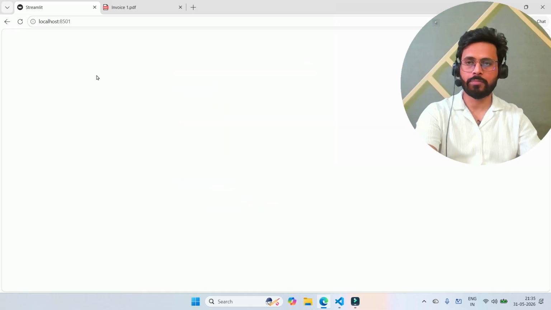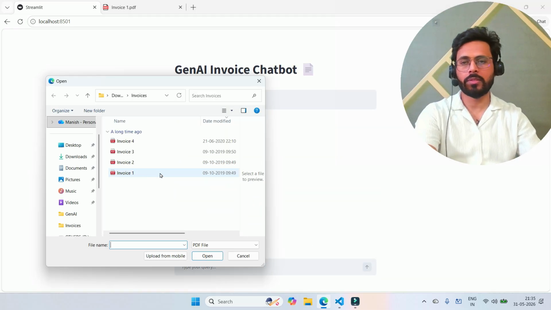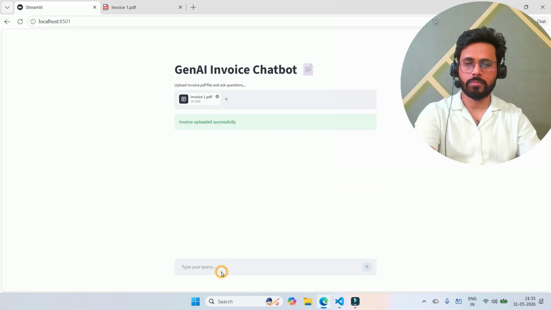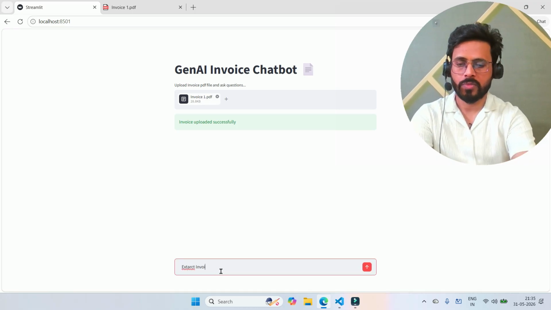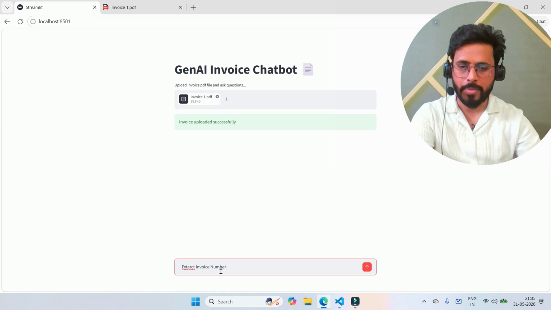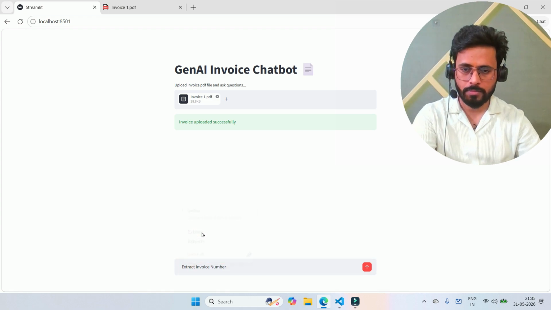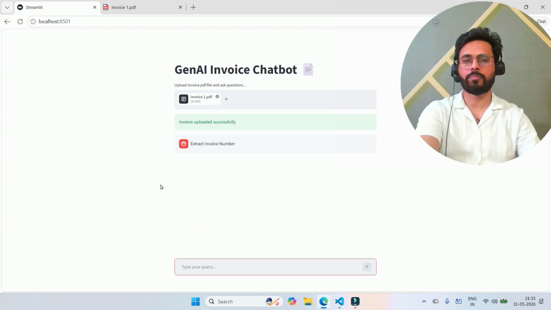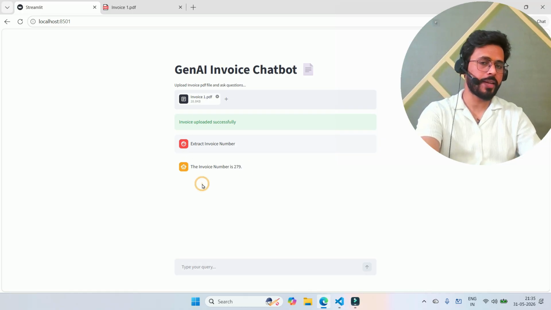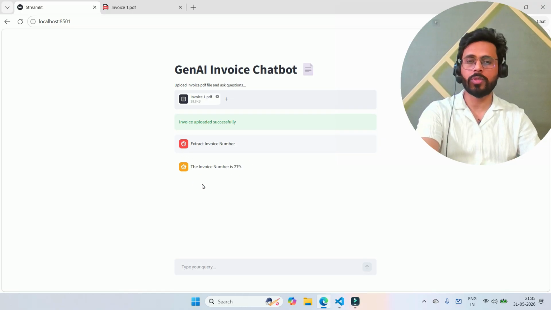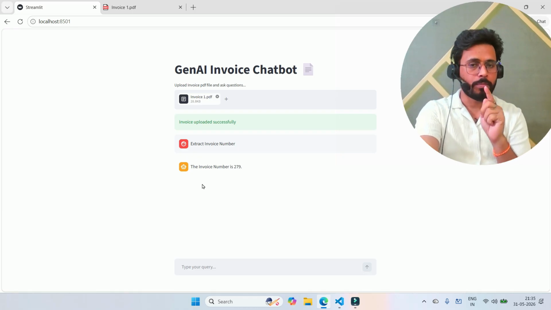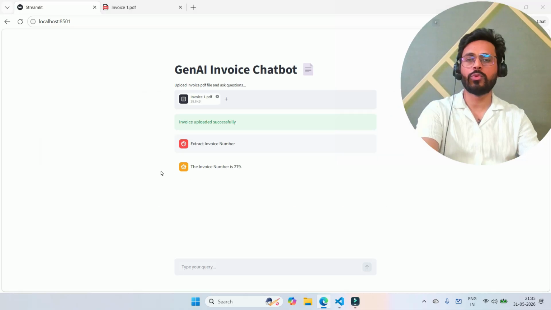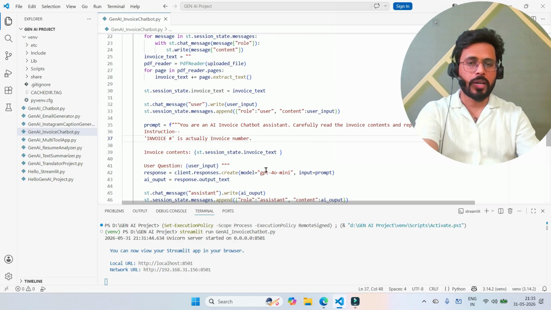I'll refresh this and start with a fresh session. I'll say again, extract invoice number, and let's see. Okay, now it says 279. So actually there is no issue with the prompt, there is an issue with your model. Now what I'm going to do is change my model,